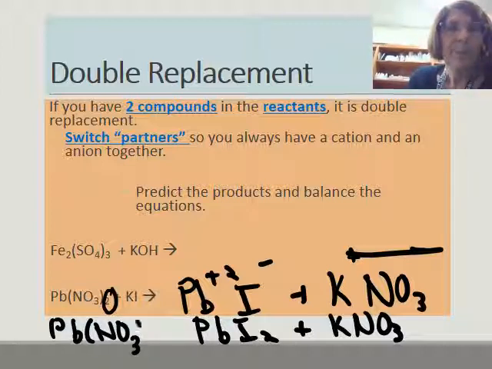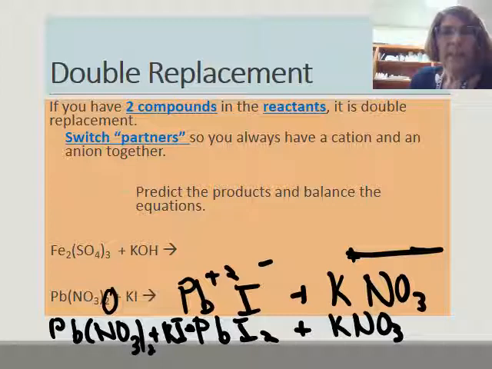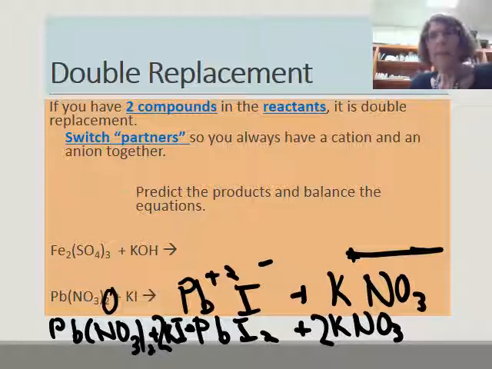I think I'm running out of room. So let's see, if we put a 2 here, we're going to have to put a 2 there. And I think we're balanced. All right, move on to